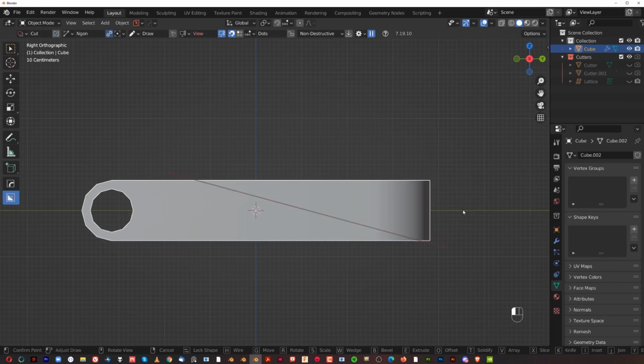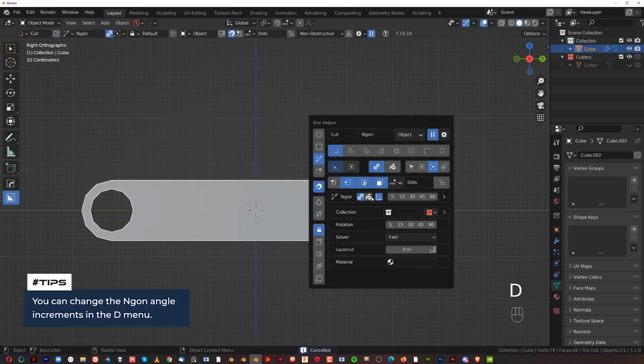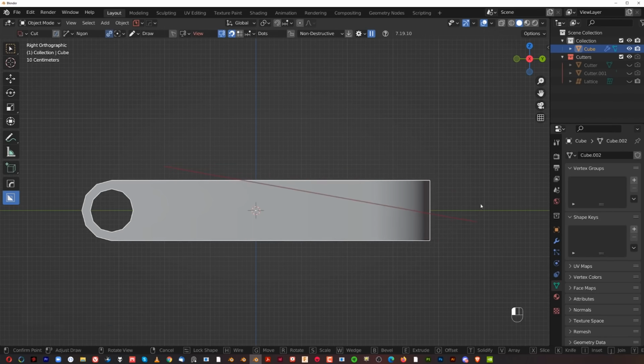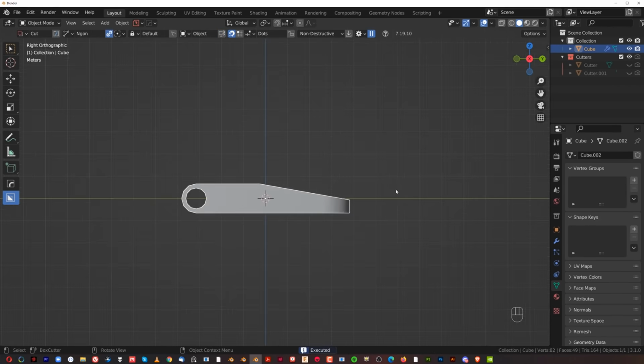Here we're gonna cut it with an n-gon, so switch from circle to n-gon, and we're gonna simply draw an n-gon here. Now, it forces us to draw an angle. What we can do is go to D menu and switch the n-gon angle increments to 5, and then it's going to be a little bit more refined. We can just adjust it to whichever angle we want. So it's going to be 5, 10 degrees,